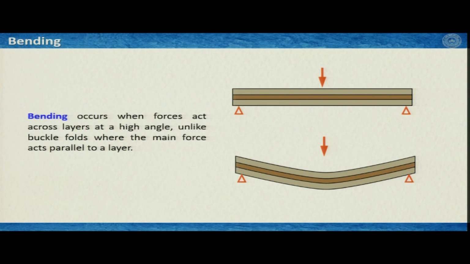Now, bending occurs when forces act across the layer at high angle, unlike buckle folds where we have seen that you need a layer parallel force. So, the configuration mechanically you can figure out like this: these 2 points are hinged, that means these 2 points are fixed, these 2 little triangles, and if you apply a load then it would bend like this, and this is a fold like structure, and if your fold is forming by this mechanism then we call it